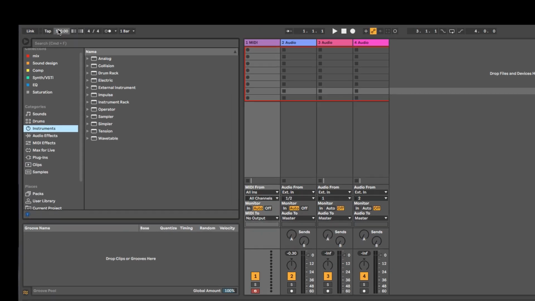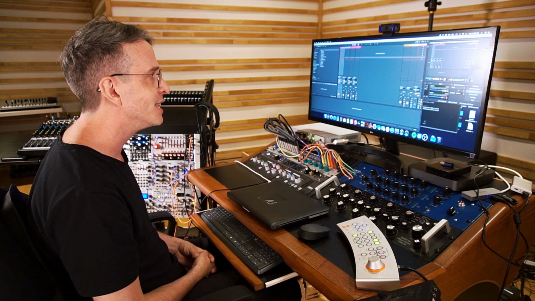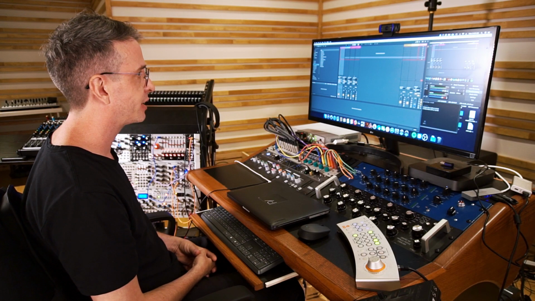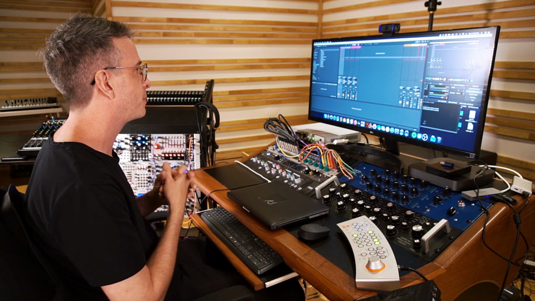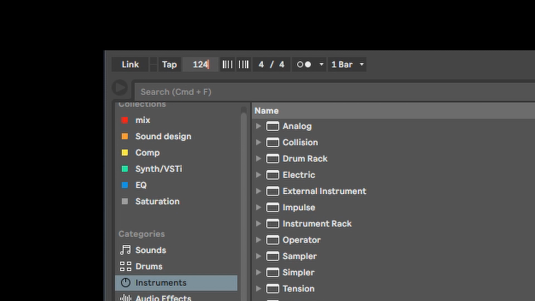So the first thing is, if I want to have something that is dance floor, more or less, I can be at 120. But 120 is a little bit slow in certain contexts. So I want to reach out to people that are playing a little bit faster. So I want to go to 124 BPM. Why 124? I mean, there's no reason.